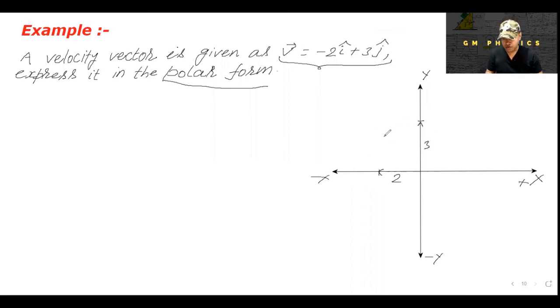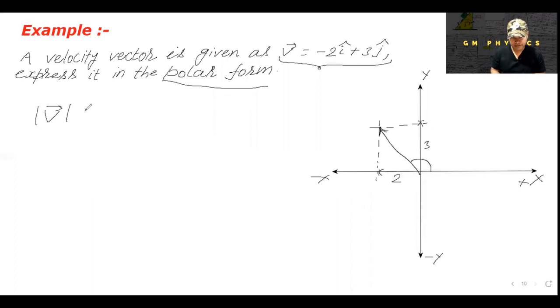So if we want to find the vector, let's draw the perpendicular lines. This is the point of intersection, so this will be the head of the arrow. This is my vector. Assume this is a straight line. Okay, so what we have to do is find its length, that is the magnitude, and its direction. This angle we have to find. So first of all, the magnitude